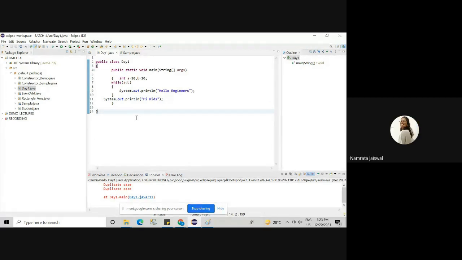Hello, engineers. How many times? Only one time? Infinite? It will go on. Okay, so a is 10, b is 20. Are these constants or variables?